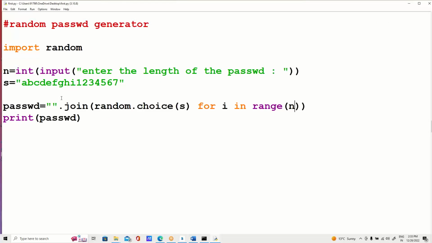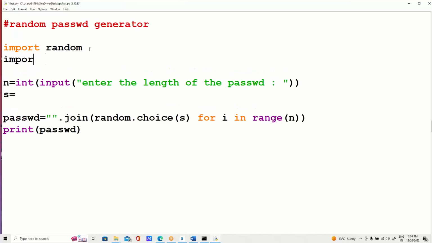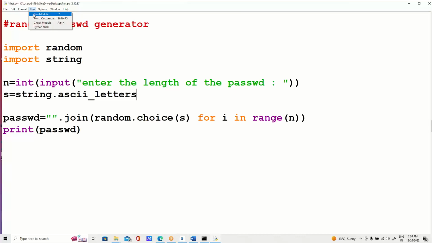To create a very complex password, don't put the values like this. You can do it like this also. Suppose you want all the string values like ABC, small and capital letters, you can use it. You can import one more module here, which is import string, and after that you can use string dot. We have lots of values there. I'm using ASCII letters. In ASCII letters, we have lowercase and uppercase letters. Now, when you run this code, you can see